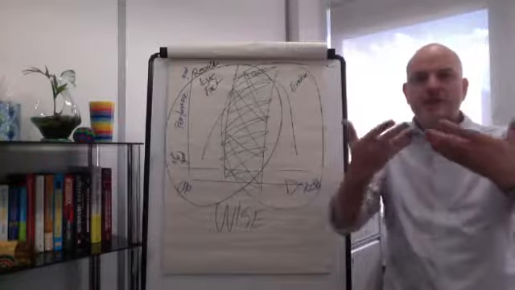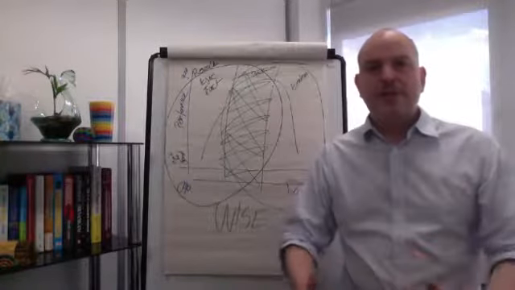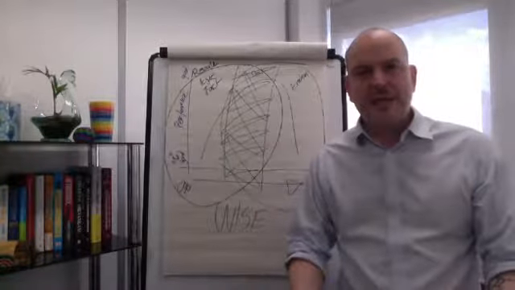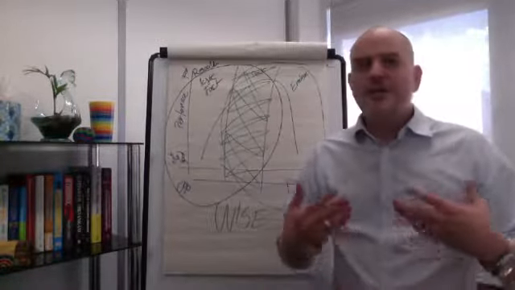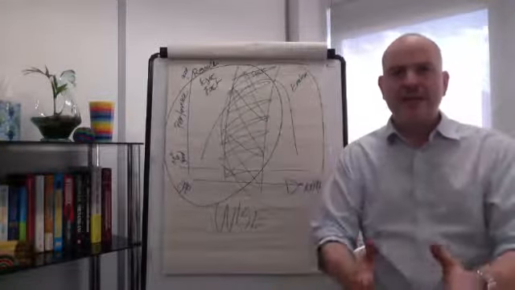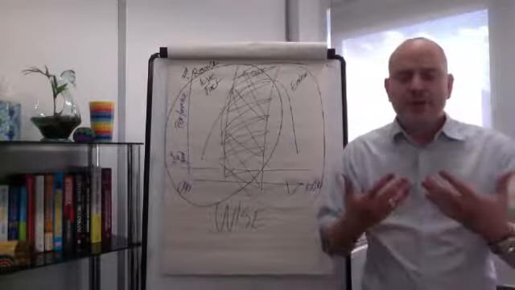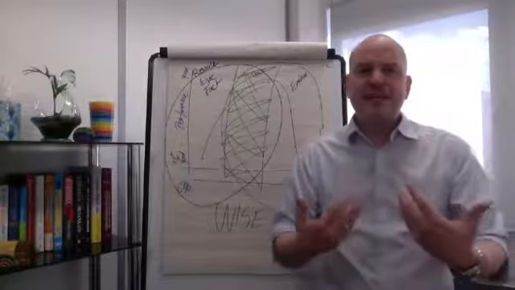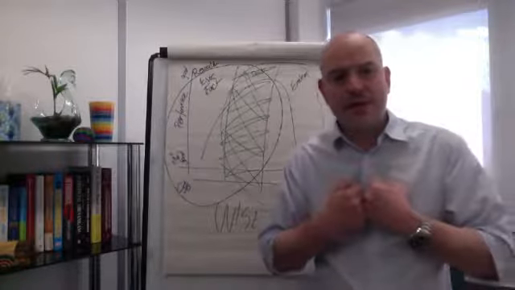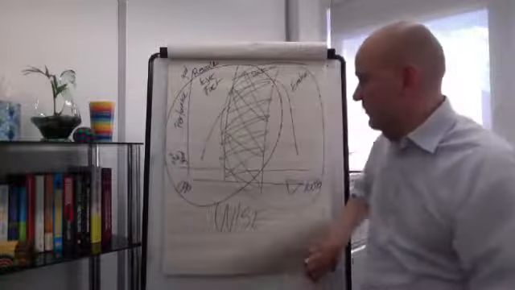and then get ourselves into wise mind by being mindful, by breathing, by taking a slow breath in and a long breath out, by maybe doing relaxation techniques, by doing some exercise. Do you know, sometimes just stepping out of the situation, going for a walk is a really good way to just bring you back, to get you into the here and now. When we've done all of that, we can then say, do you know what? The intensity at which I'm feeling this emotion is unhelpful. Sometimes we might need to increase that intensity. Sometimes we might need to decrease it. Remember,